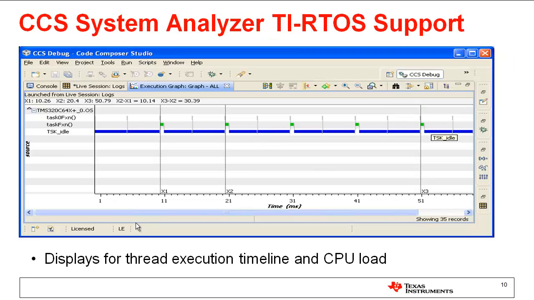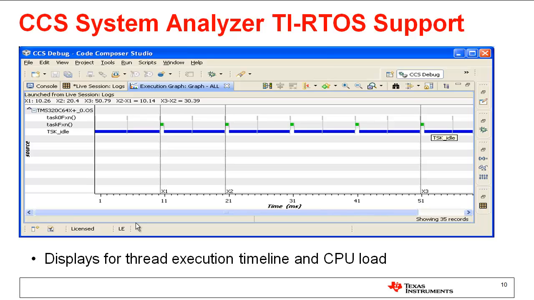Now in Composer Studio there's a tool called RTOS Analyzer, and this works a little bit differently to the RTOS-aware Debug. The RTOS-aware Debug is a tool that essentially you stop the processor and then view state. With the system analyzer, you can capture runtime information in a buffer, which you can then stop the system and view, but also you can stream those buffers off the embedded target up to the PC using, say, a UART link, for example, and then capture a large amount of data up on the PC and then view a lot of